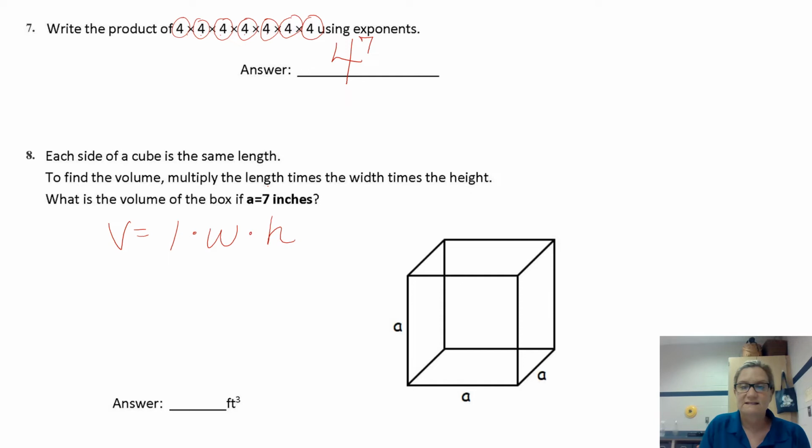And in this case, it's a cube, so it's just 7 inches, 7 inches and 7 inches. So the volume equals 7 inches times 7 inches times 7 inches. The volume equals 7 inches,